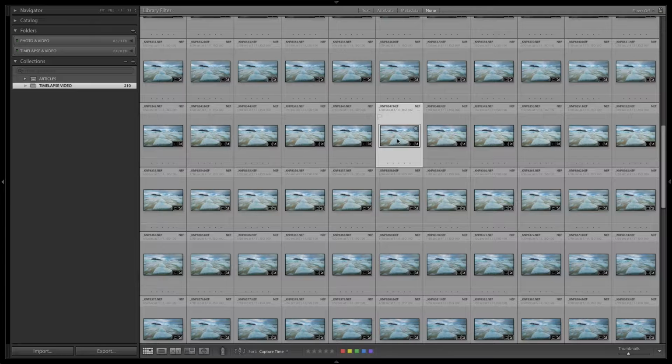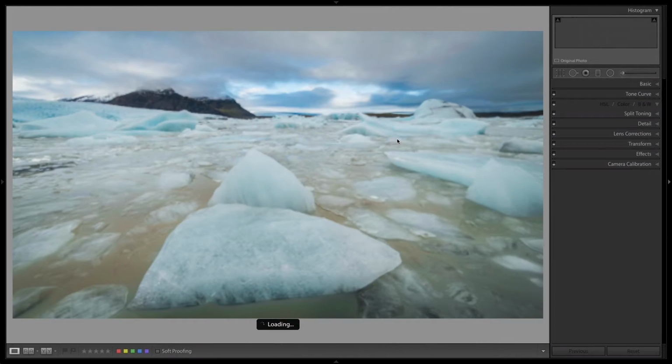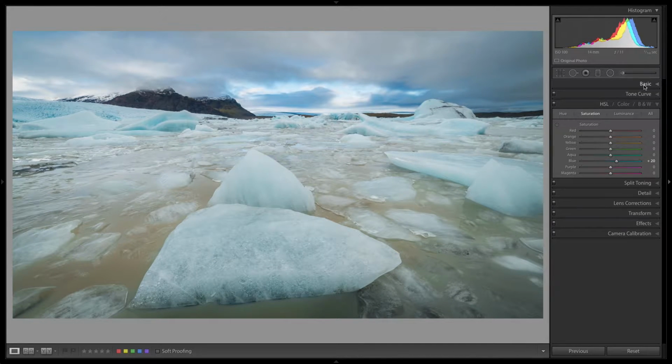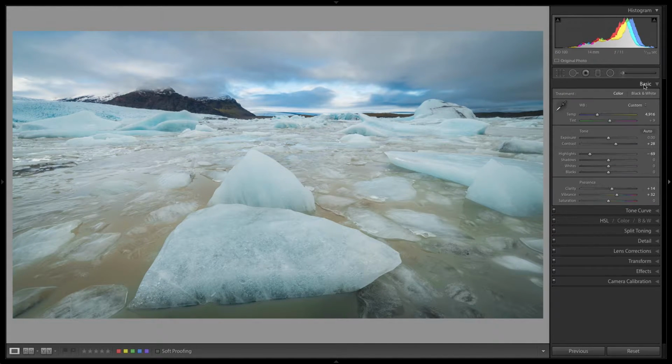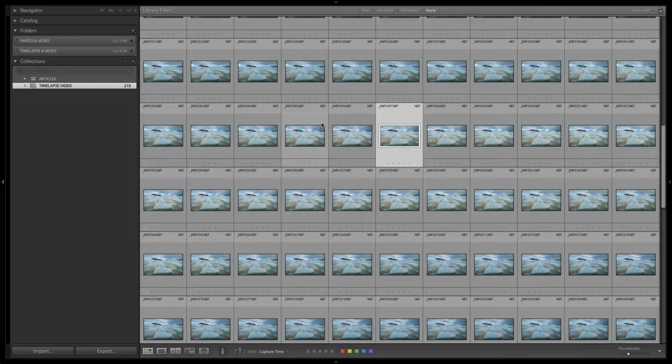So let's say it's this one here. Now you can see all my editing in here, what I've done, played around with the white balance, a bit of contrast, highlights, saturation, etc. Added a few grads, etc. just to control the exposure. Once I'm happy with it, I'll go back to the grid,